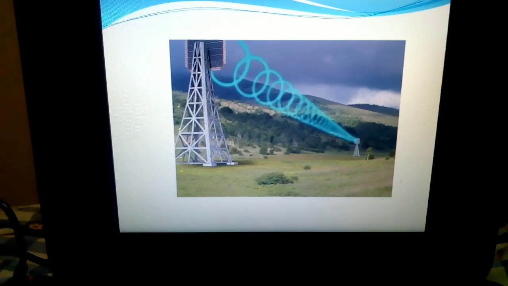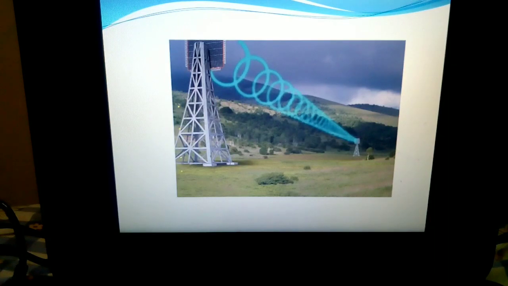So it is not compulsory that the antennas should be in a straight line. But in case of microwaves, you should make sure that your antennas are always aligned in a straight line. And one more thing you should take care of in case of microwave is that your antenna should be very high. Also, these microwaves cannot deviate. If any obstacles come in between, these microwaves cannot penetrate those obstacles. That is one of the disadvantages in case of microwaves.